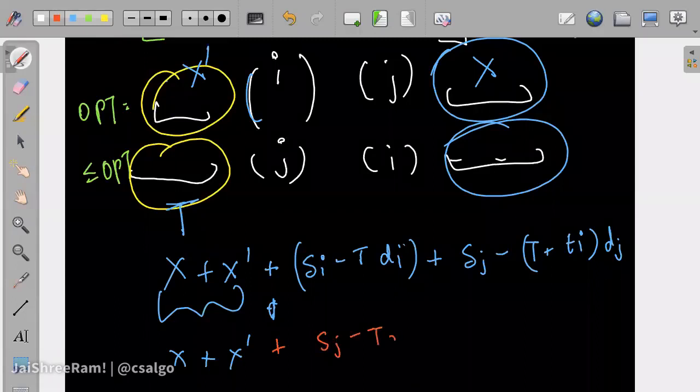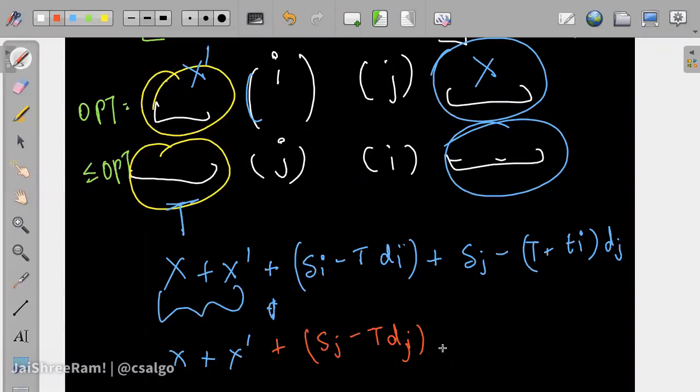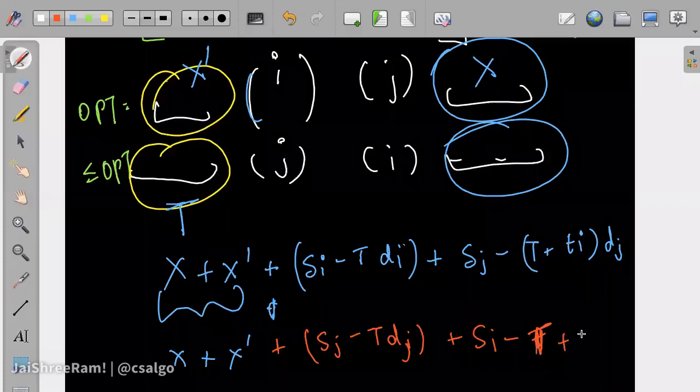So we can say this would be s_j minus t times d_j, sorry, d_j, plus s_i minus t plus t_j times d_i. So s_i is not time; there is a t_i time given to each of them.